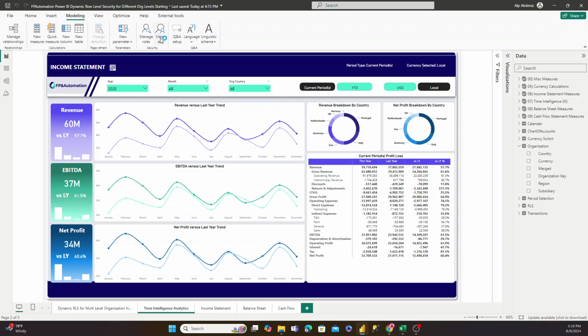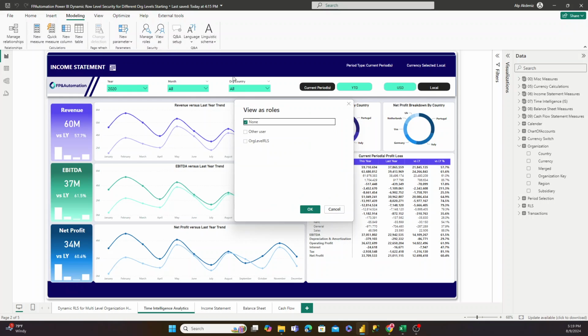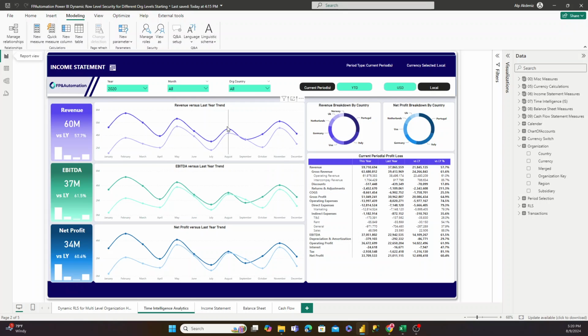Now, the way that you test dynamic row level security is you need to do two things. You need to check off the role that you created, and then you have to check off this option called Other User. And we actually have to type in the email of that user. So we're going to type in Josh at fpautomation.co. And pay attention to all the numbers here. When I hit OK,